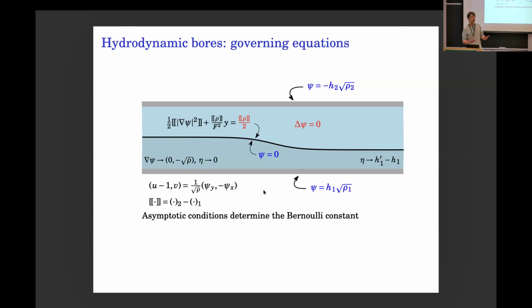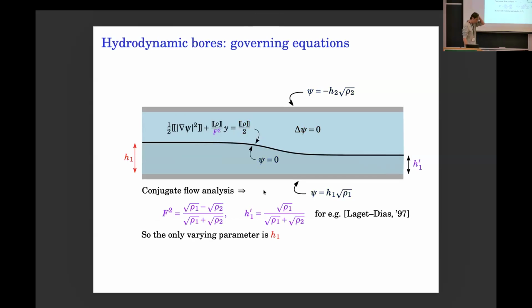So even to construct a non-trivial solution, there is a trivial solution, meaning that everything is flat, but that's boring, right? If you want to see something more exciting, there's a lot of work to do. But the one annoying thing is that there are so many parameters here. I mentioned H1, H2, rho 1, rho 2, and then the non-dimensionalized speed, which is the Froude number, as in Kevin's talk as well, and the primes. There are too many of them.